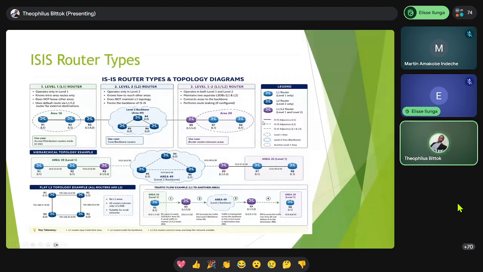So that is basically about the different routers in IS-IS. Another thing is route leaking. You will do route leaking on your L1/L2 routers, and for L1, it doesn't do any route leaking. In terms of maintaining the LSDB, the L1 routers are going to maintain one LSDB. The L1/L2 routers are going to maintain two LSDBs, for level 1 and for level 2. And then L2 routers are also going to maintain one LSDB, and that is the L2 LSDB.